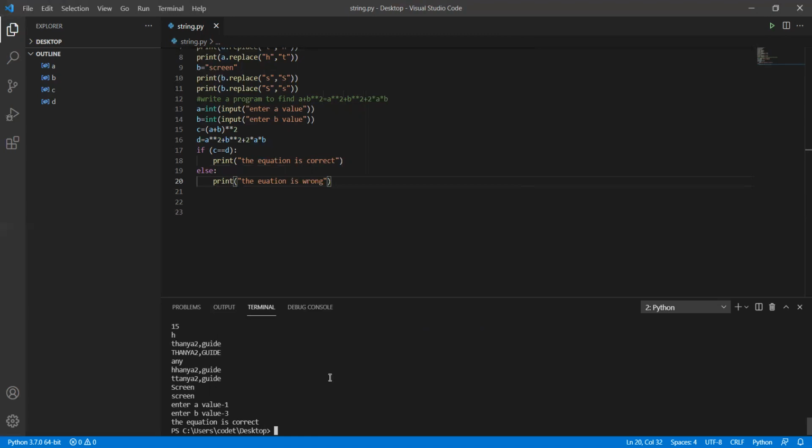Why is it correct all the time? Because whenever we use squares, even if you write -1 whole square, it becomes positive, so the equation finally comes out correct. This is how to prove that (a plus b) whole square equals a square plus b square plus 2ab. I hope everyone understood this.